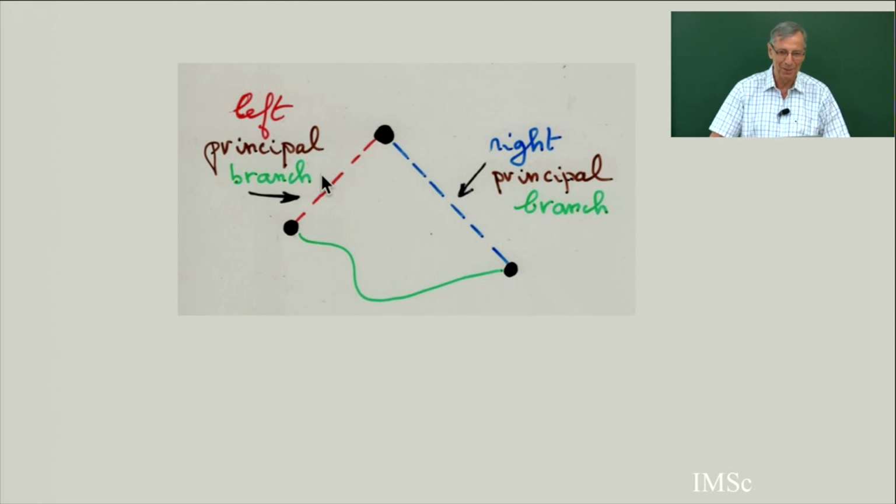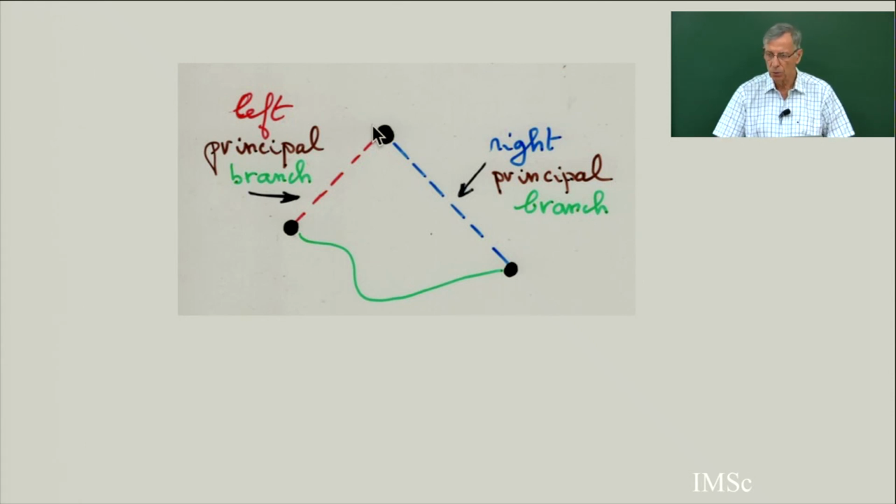The left principal branch of the tree: when you start from the root, you go always on the left as far as possible. So it's a maximal sequence of left edges starting from the root. I will need the parameter, the number of edges of this left principal branch, and this is the right principal branch. In general, if you start from any vertex, you can go on the left or go on the right. But this is the principal branch because you start from the root.